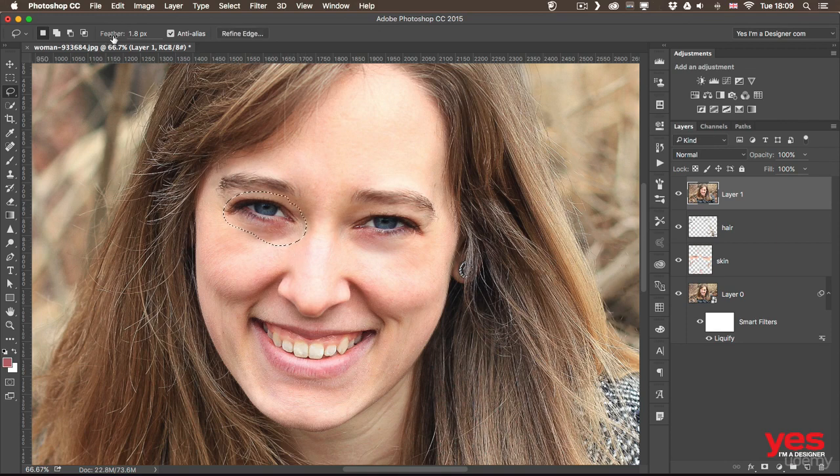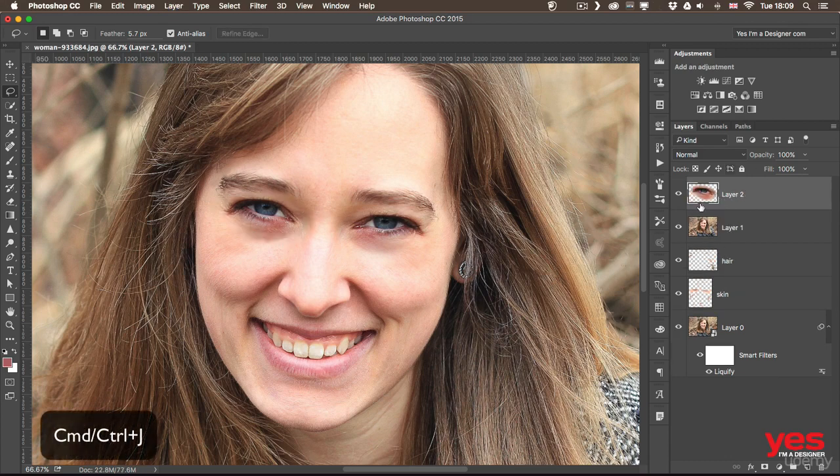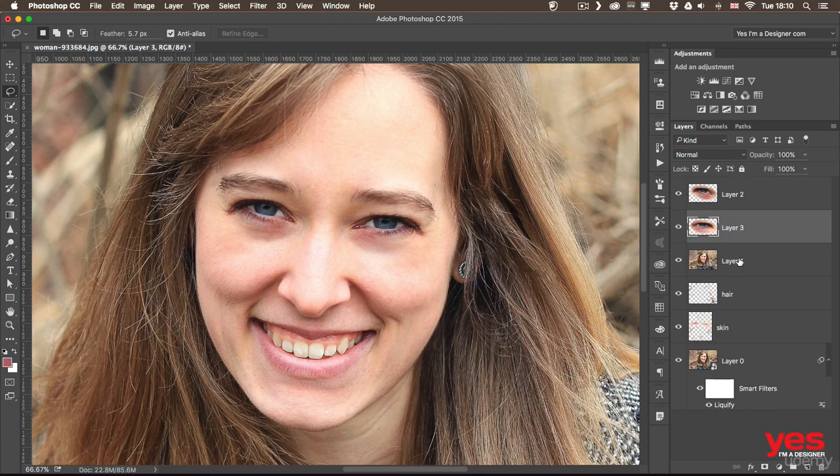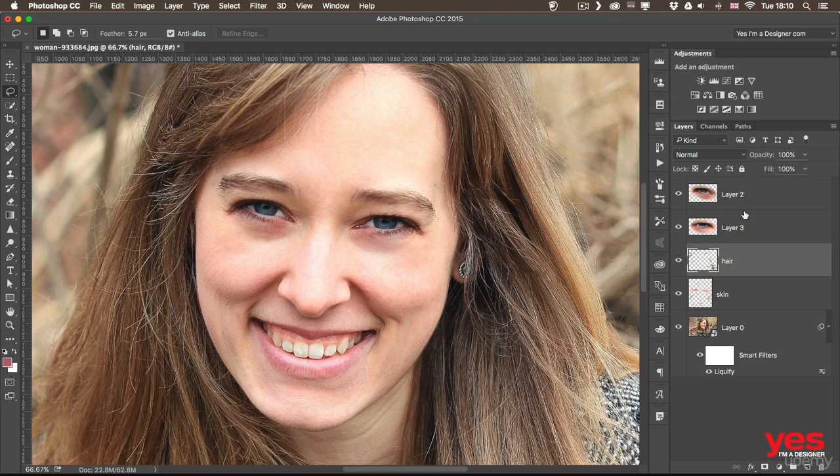And actually, I'm going to increase the feather a bit more before I make the selection. So I will keep my selection feathered. There's one selected eye. I press Command J. There's already on its separate layer. I'm going to do the same with the other eye, like that. Command J again. From that connected or merged layer, I can then delete that layer because that's the only thing